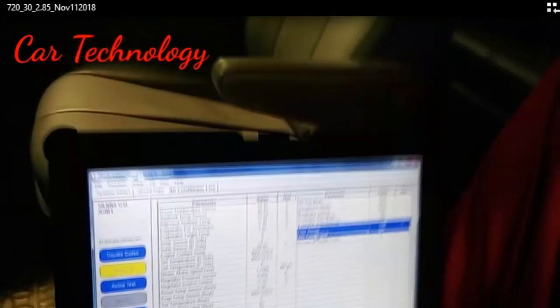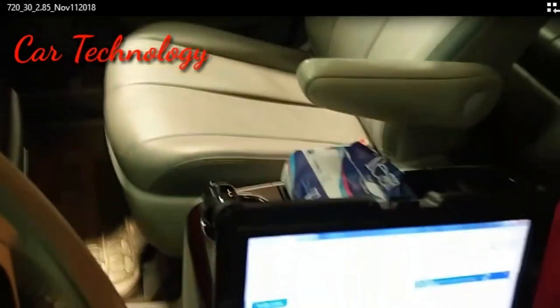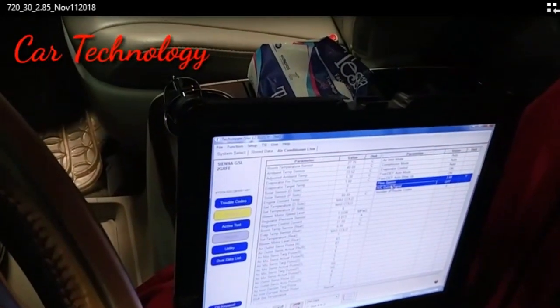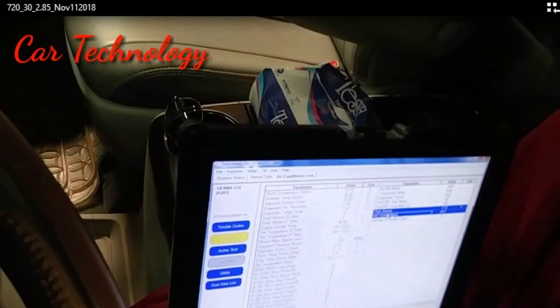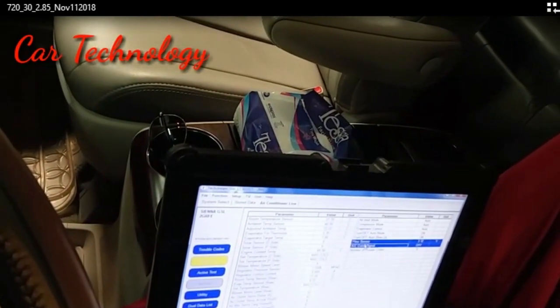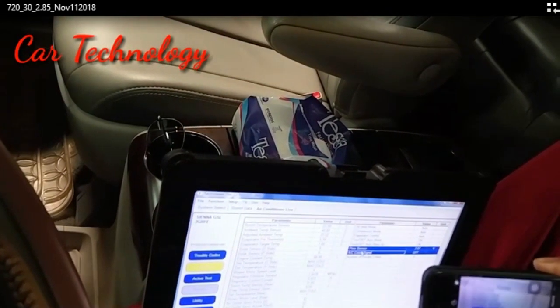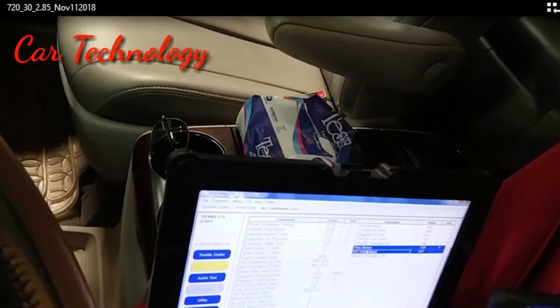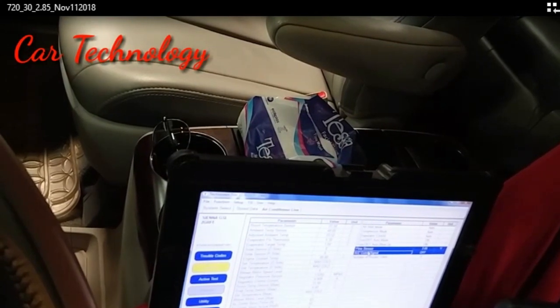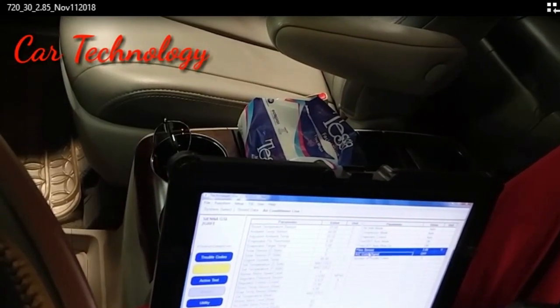When the Toyota Sienna is model year 2012 or later, when the air conditioner is not cool, you can use the GTS to check the data list about the air sensor.